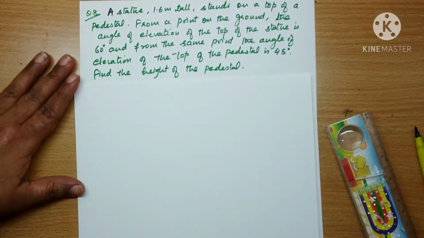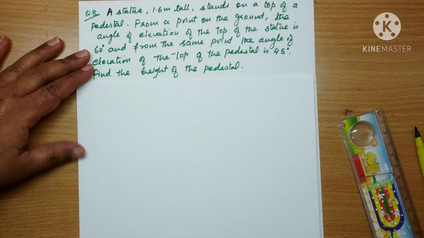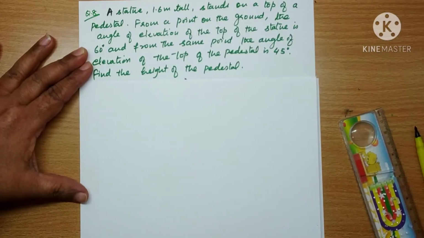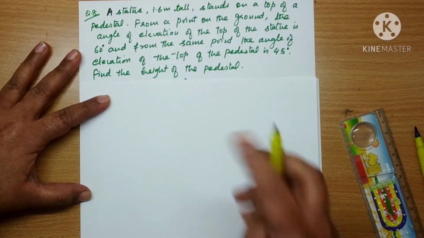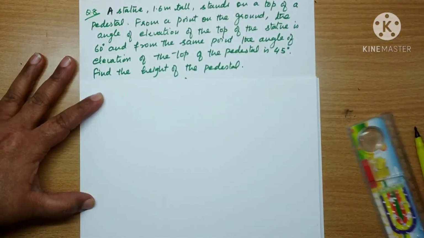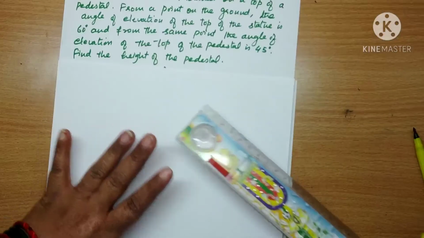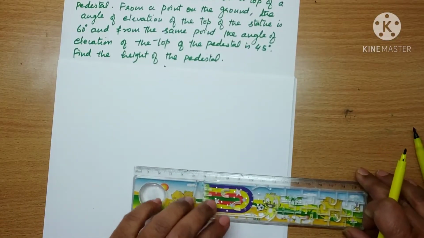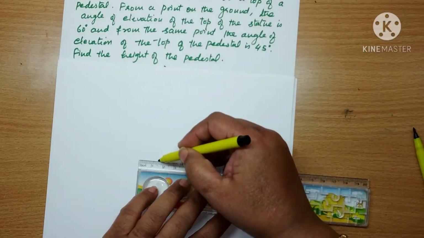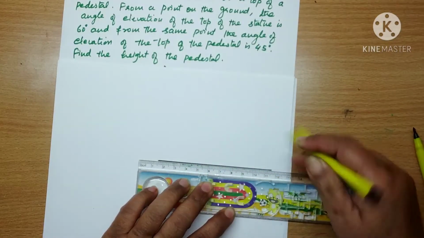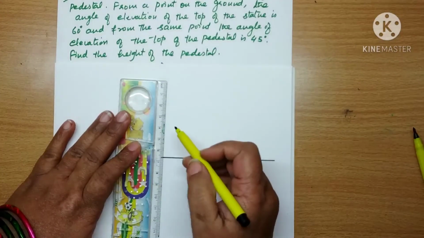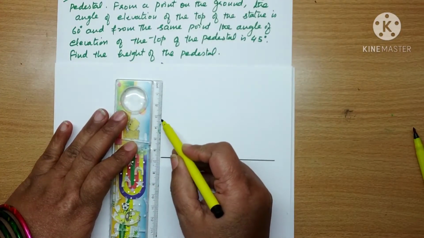Welcome students. Continuing with our exercise 9.1 in this video, let us start with question number 8. Question 8 says a statue 1.6 meter tall stands on the top of a pedestal. From a point on the ground, the angle of elevation of the top of the statue is 60 degrees and of the top of the pedestal is 45 degrees. We need to find the